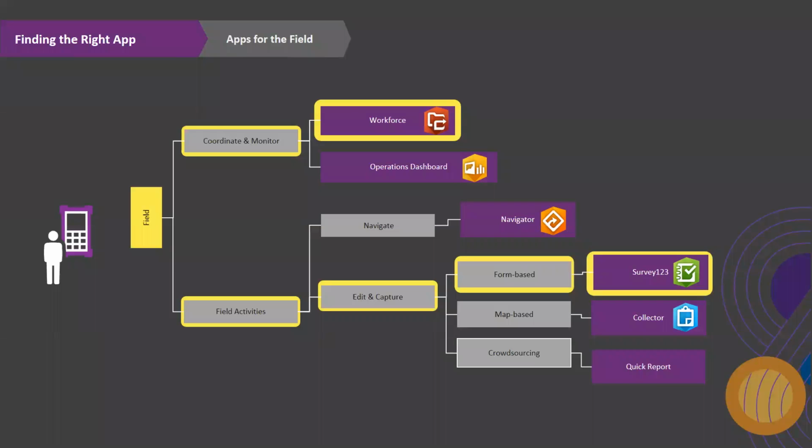And by the end of my field data collection workflow, I will be showing a sample operations dashboard that I have pre-made, which will showcase the different analysis of the data set that I have collected for the particular day. So let's go ahead and have a look at these applications that I have mentioned.